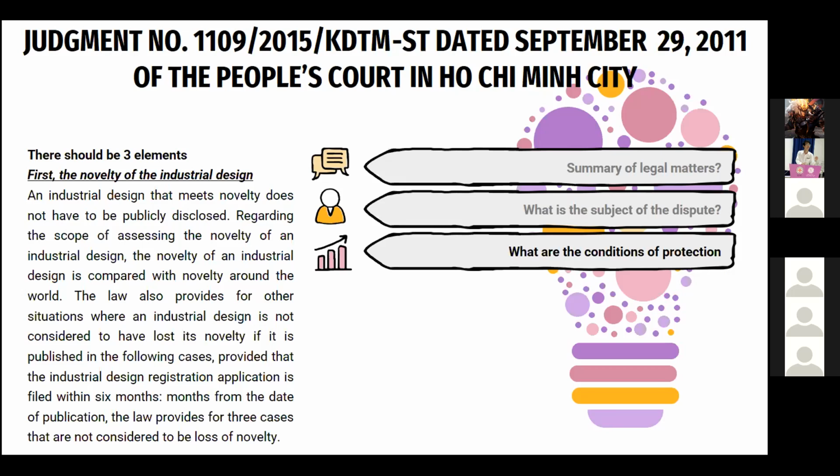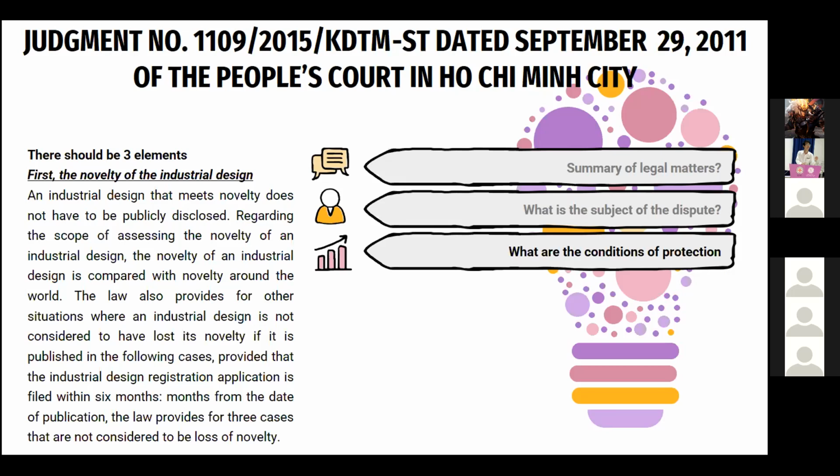The condition of the number of persons does not affect the secrecy of the invention. In addition, the law also provides for situations where an industrial design is not considered to have lost its novelty